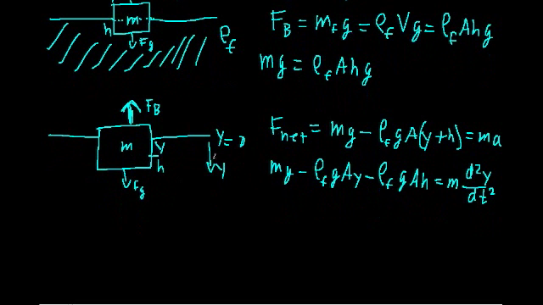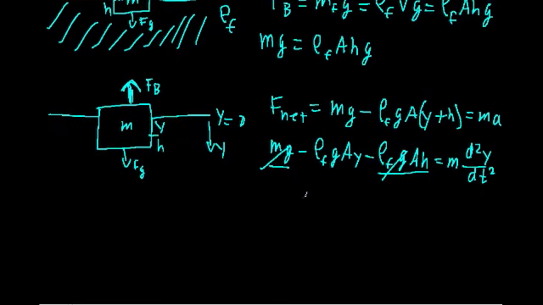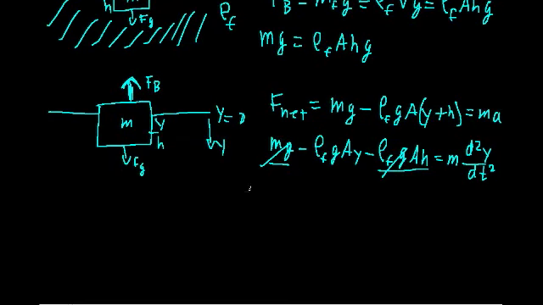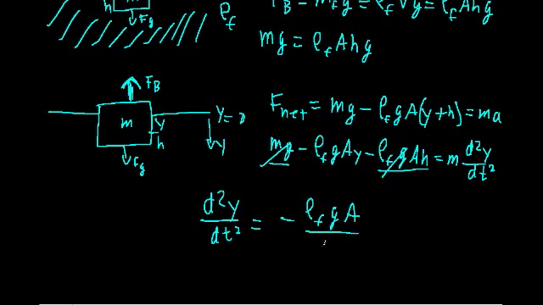Now, like the case with the vertical mass and spring system, we can simplify this using the equation we got from the equilibrium condition. We found that at equilibrium, mg is equal to rho F A h g, which means that this term here is equal to this term here. Since we're subtracting this term, these two terms cancel. So we're left with, let's divide by m on both sides, the second derivative of y with respect to time equal to minus rho F g times the cross-sectional area divided by the mass